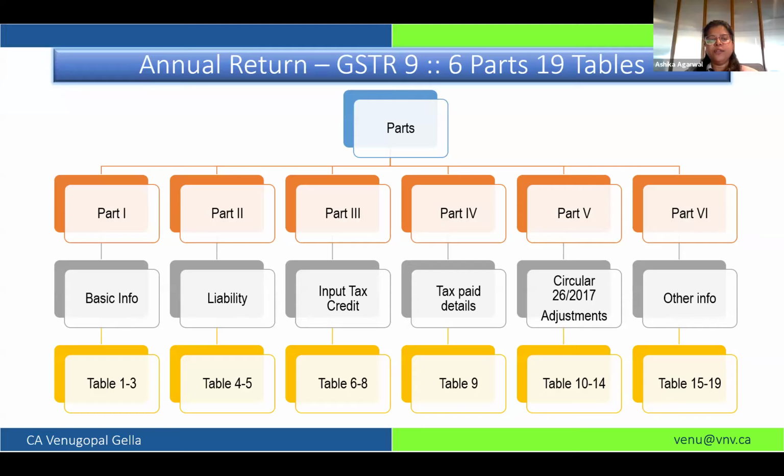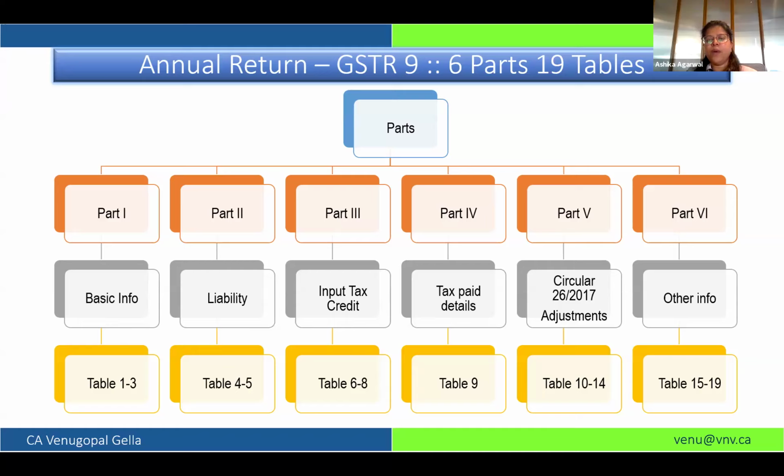So part 1 is basic information, which generally deals with the GSTIN number, name, and the year for which you are filing the GSTR 9. Part 2 deals with the liability, table 4 and table 5. Part 3 deals with input tax credit, where there are 3 tables: 6, 7, 8. Part 4 is the tax paid detail, which is basically a comparison between tax payable versus tax paid, which is